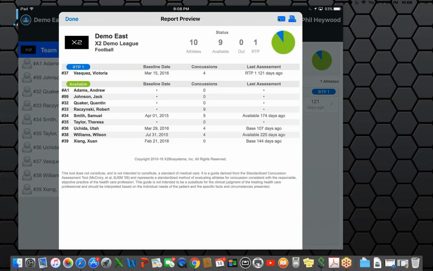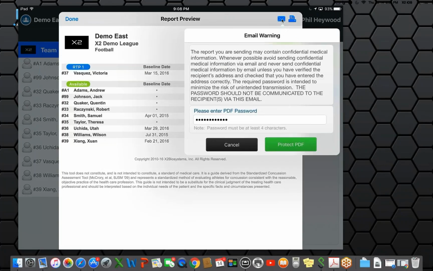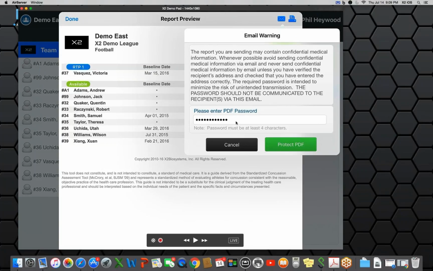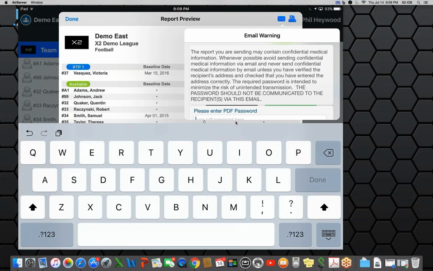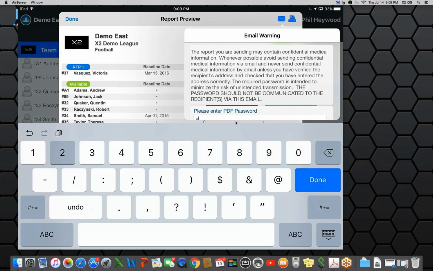There are also options to email the information by simply selecting on the mail. You will then be prompted to enter in a password. This is a password specific to you that you can create each time you select on the mail email icon. So for today's purposes, I am actually going to set the password as X2Bio